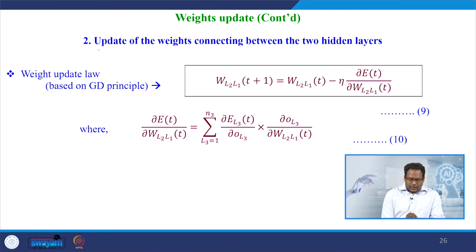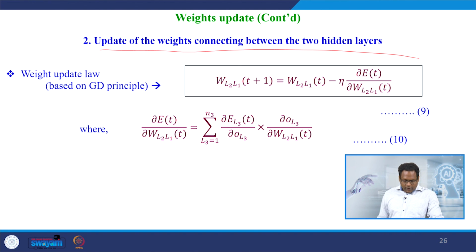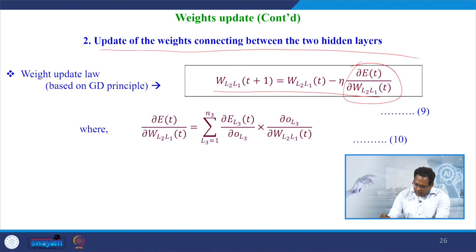Likewise, we can see the update of the weights connecting the two hidden layers, that is layer L2 and layer L1. Thus, the weight update law becomes WL2L1 of t plus 1 equal to WL2L1 of t minus eta ∂E/∂WL2L1 of t, where ∂E/∂WL2L1 of t is given by this expression,